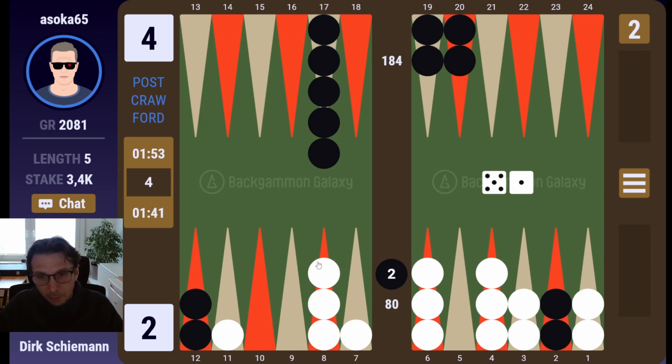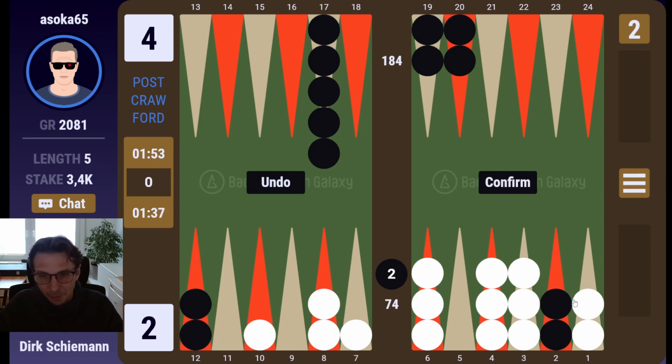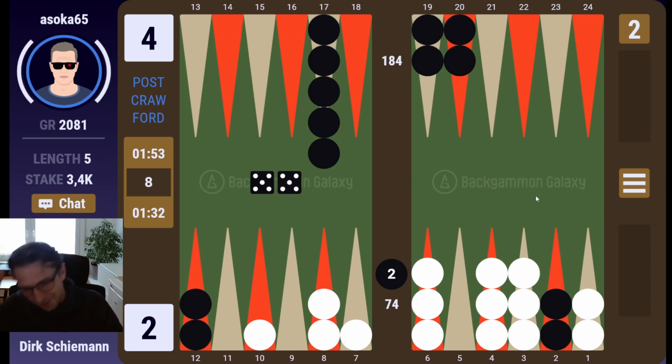Certainly don't want to make the 7. I mean, double 5s is a killer anyway, so I will just continue with max builders. Yeah, this. Oh man. Yeah, there's the killer. And I just moved so that it's perfect for him. However, if I just enter with 2 checkers, then...